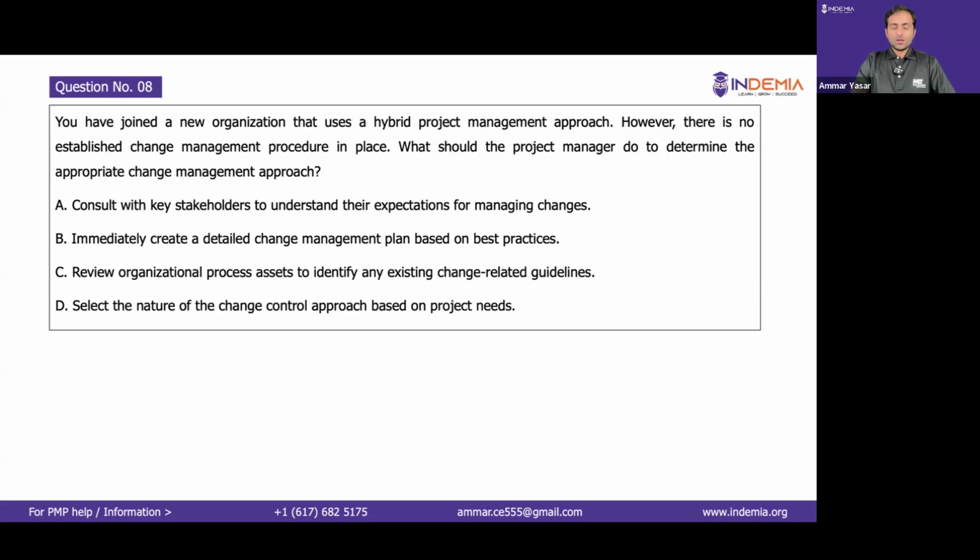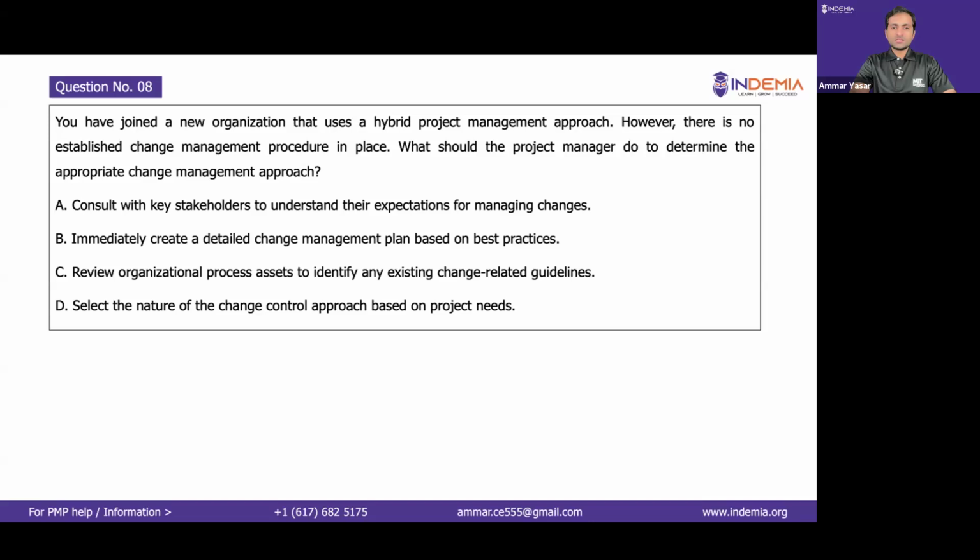Not a bad choice. Whenever we are going to design anything, whenever we are going to develop anything, the first thing is understanding the needs of the stakeholders. So here stakeholders means the organization, the other functional heads or senior management, how they want to manage the products, right? Or the PMO. So you will be talking to them and understanding their expectation and needs and what's the best way to manage changes. So not a bad choice.